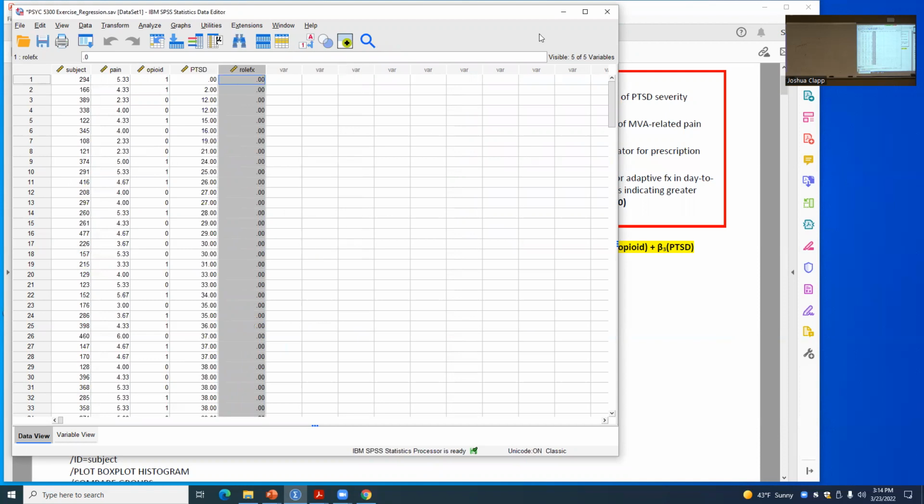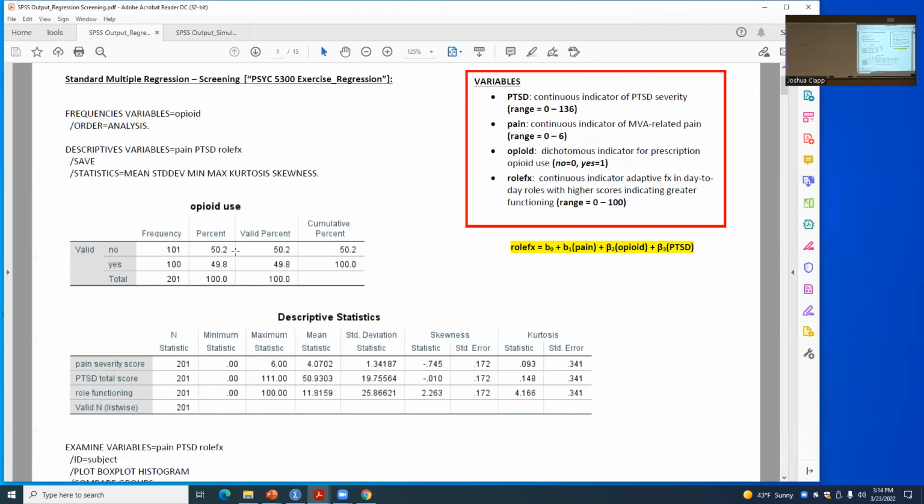We don't have any missing values, right? So we don't have any missing values in our data. And so we're going to ask for frequencies for our opioid use and then descriptives for our continuous variables. If we take a look at opiate use, we see we have 101 people without